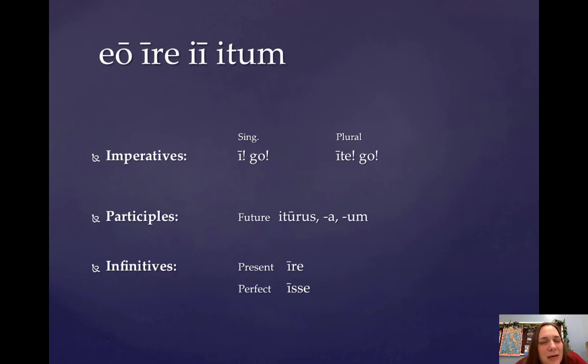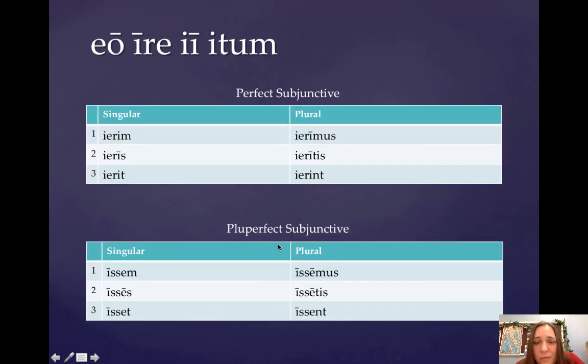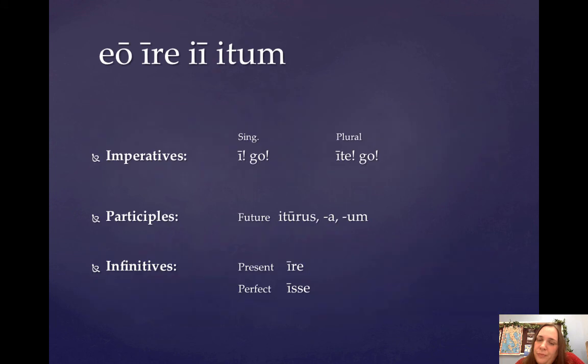Perhaps not surprisingly, the perfect infinitive is isse, not iisse, because remember the pluperfect subjunctive is the perfect stem plus issem, isses. So these two short i's have been subsumed into a long i, issem, which it gets from, of course, the perfect infinitive. So there are imperatives, like if you want to say go to one person, you would say i,